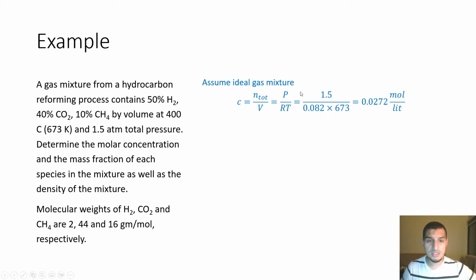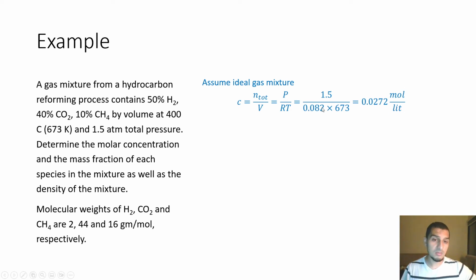In such a case, if I substitute with 8.314, then I have to put the pressure in atmospheres. So I have to multiply it by 1.013 times 10 to the power 5, just to make sure that the units are homogeneous. So this is going to be the concentration, and the units will be mole per liter